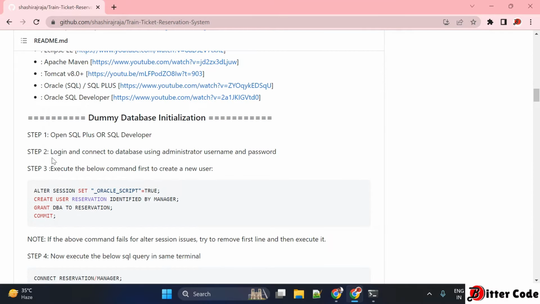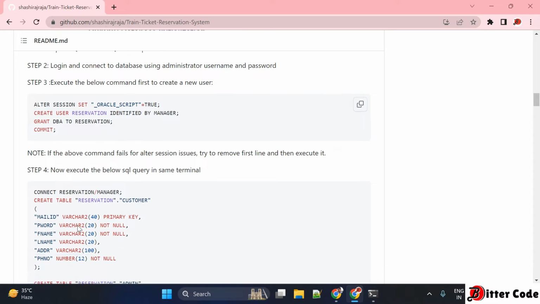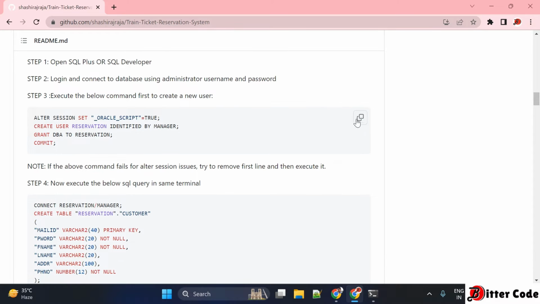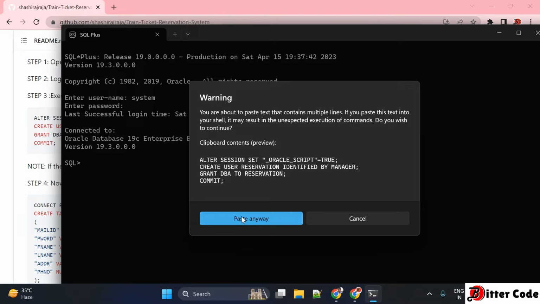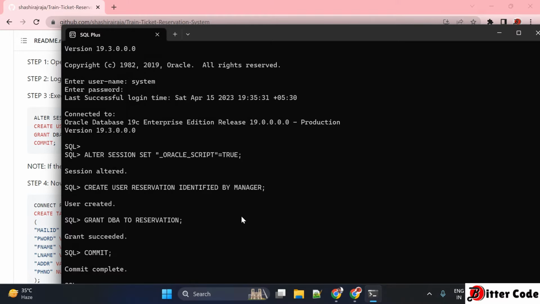Now if you see, I have written the steps here. So first you have to copy this command. Here there is another copy option. So just copy it and go back to your SQL Plus and right click here. It will paste. So paste it, and you can see